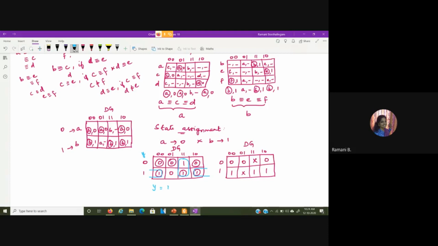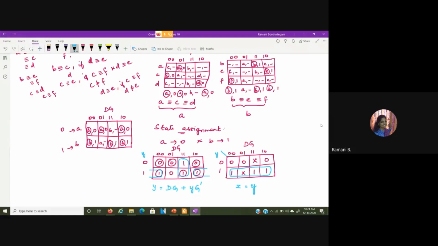So this is given as dg plus y g bar, right? And this as such can be considered together, and the output z can be given as small y.